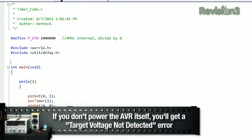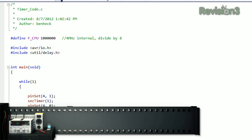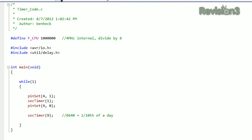All right, so here in our program, we want to define the frequency of the CPU of 1 megahertz. We need to include the AVR input-output library and also the delay library. Now we just made a few simple things here. We have pin set, and remember when you're programming an AVR itself, unlike an Arduino, you actually have to do the low-level pin function. So you don't just say pin digital write 1, 0. You actually have to use the ports. In this case